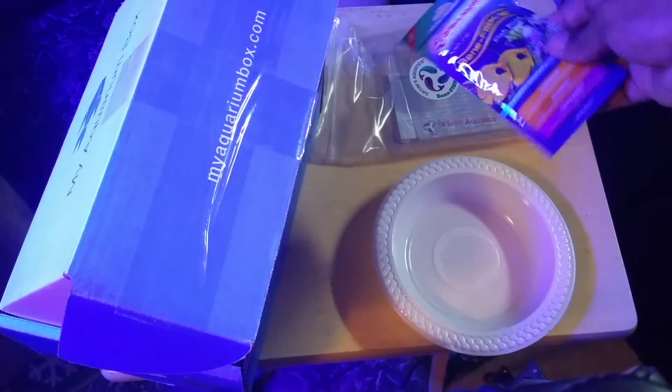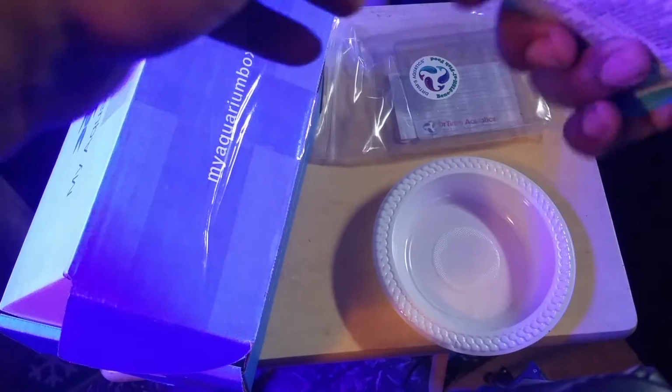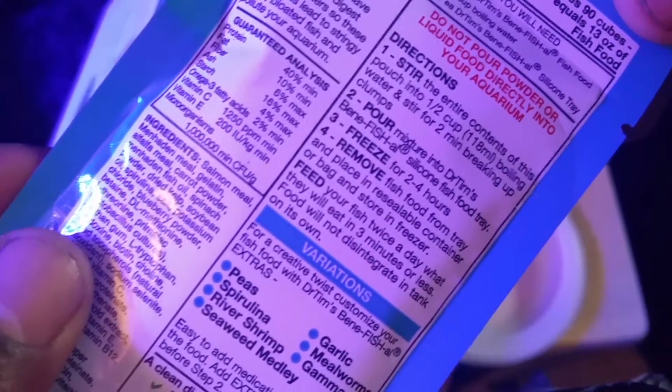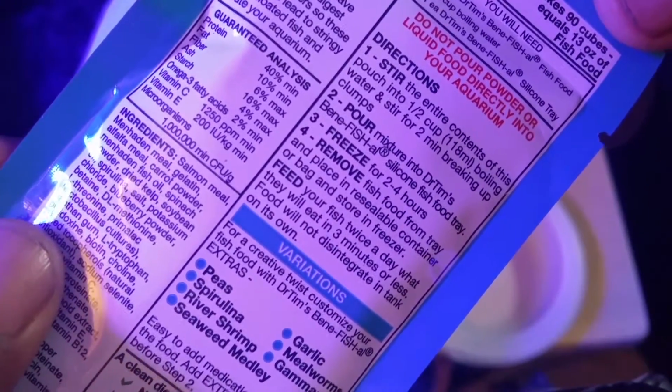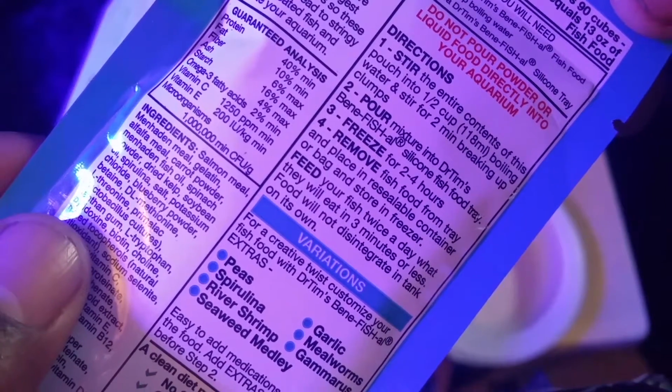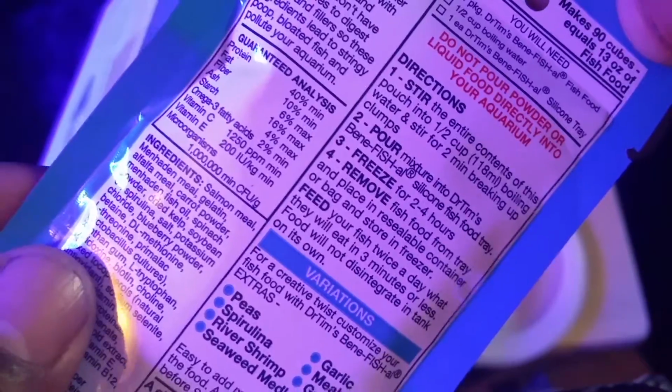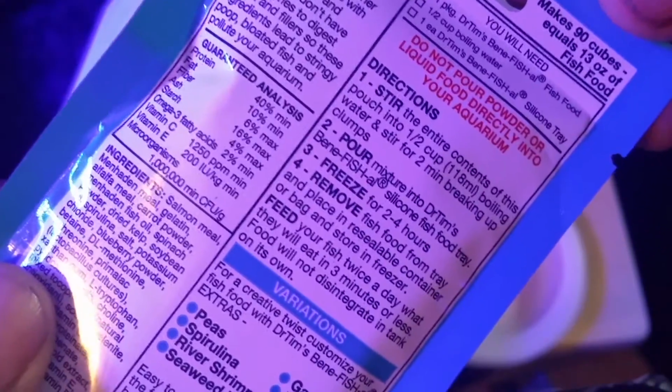So, okay. We're going to go through step 1, which also is stated on the back of the package. And you can see that. You're going to empty the entire contents of this pouch into a half cup of boiling water. So now what I'm going to do is I'm going to use this bowl